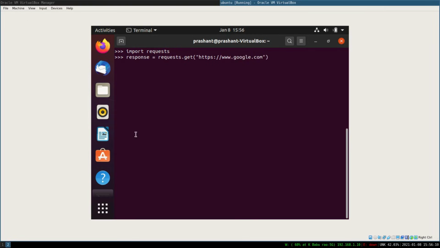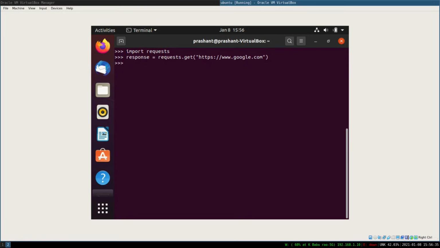So this is the syntax. You have to import a library, and for getting a particular website, you do response is equal to requests.get of the web URL. Whatever response there is will be stored in response. So press enter.